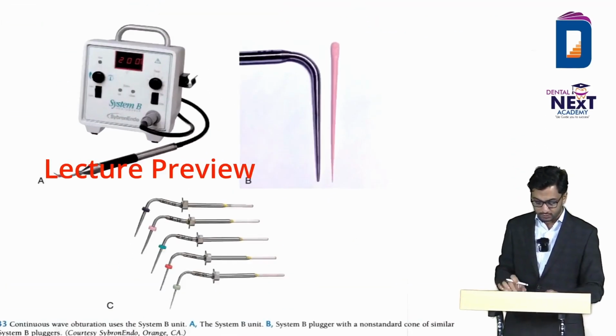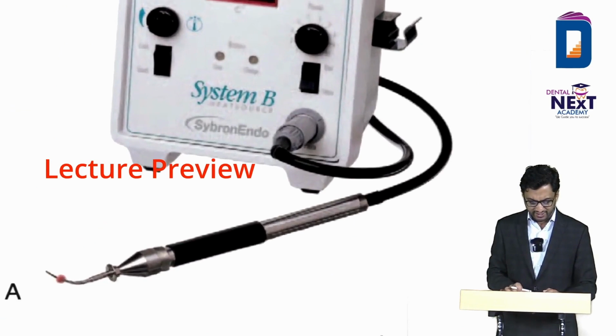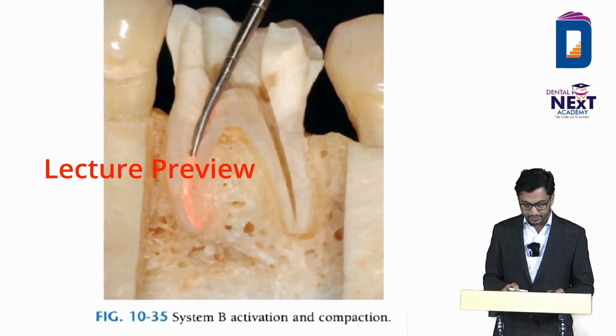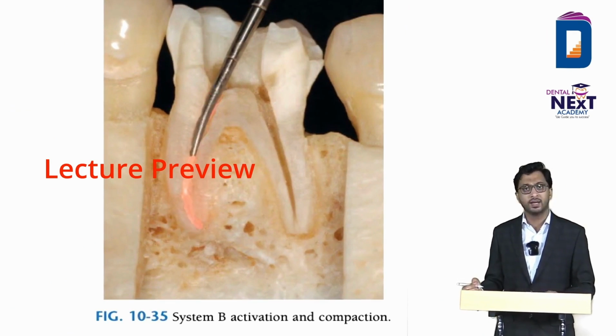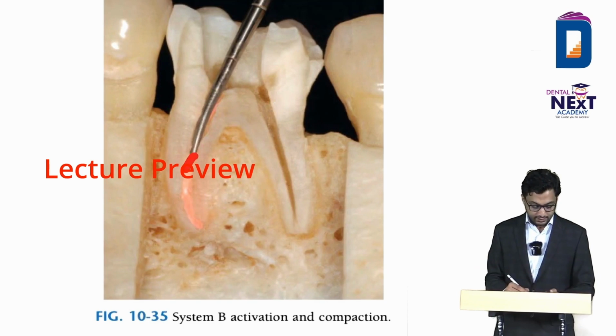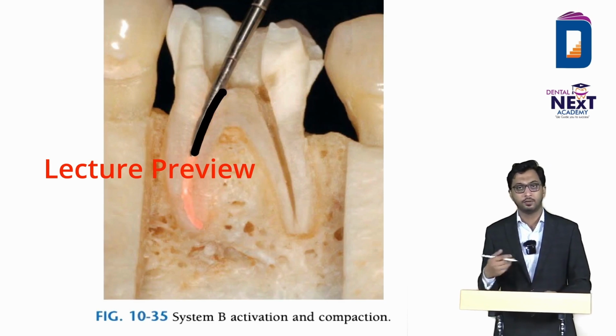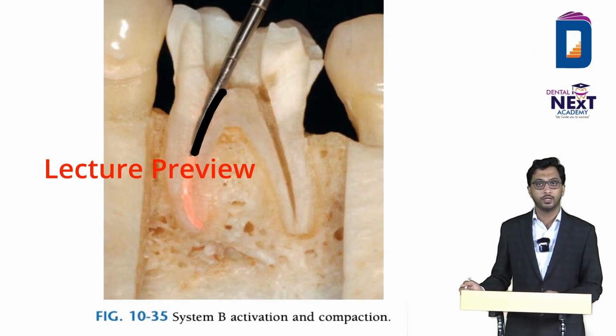First cone you keep it. So this is basically the system B. Okay, it's written there, system B. So they can ask you used for what. You place one single cone inside this, okay, and you condense it. It's condensed in such a way that you get this much portion. Remaining portion, what you do? This portion you just use either the thermoplastic, which you're going to study next, or you can use the warm